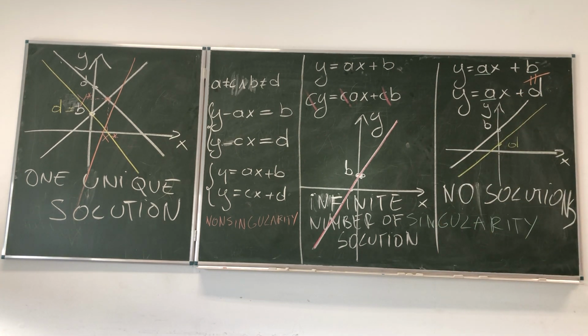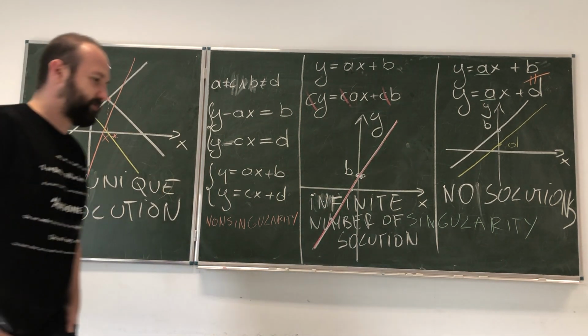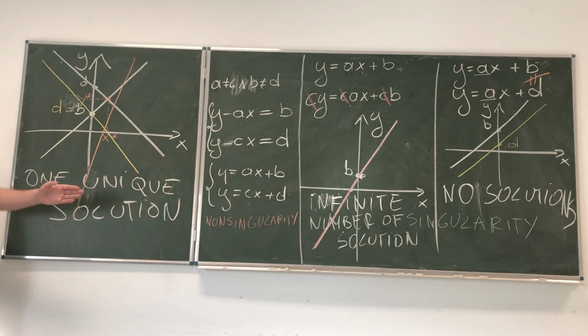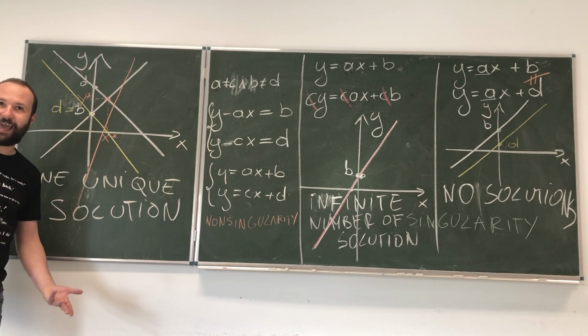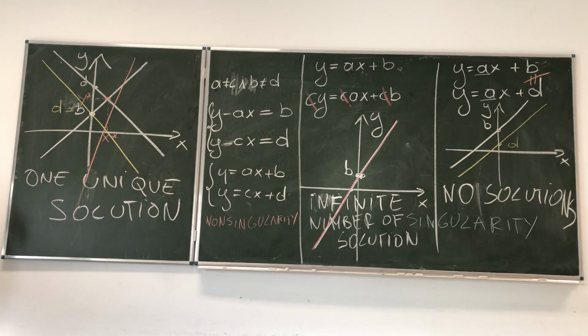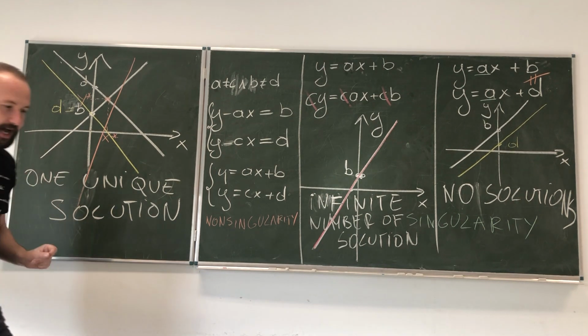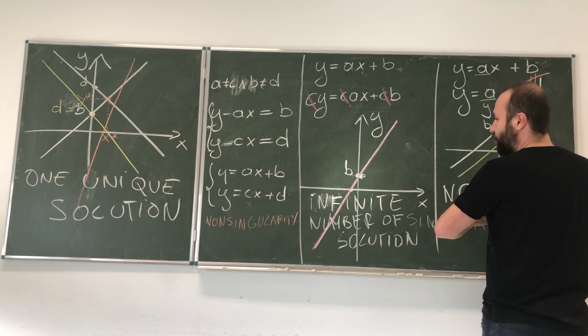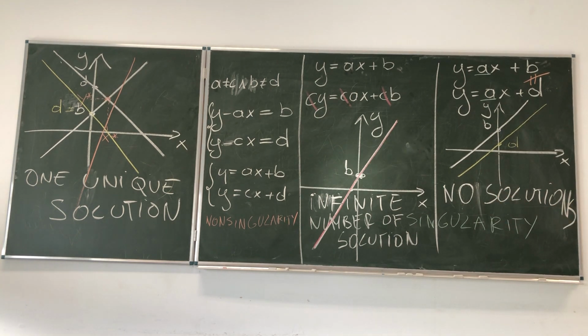And look, as it turns out, the procedure that allows us to find inverted matrix A will not only help us solve the system of simultaneous equations, but will also let us know in which of the two possible scenarios we are in. So, whether we are in a non-singularity situation, where we can find inverted matrix A, and then we can be sure that we will have just one unique solution, or if it turns out that we cannot find inverted matrix A, it means that we have a singularity. If we have a singularity,